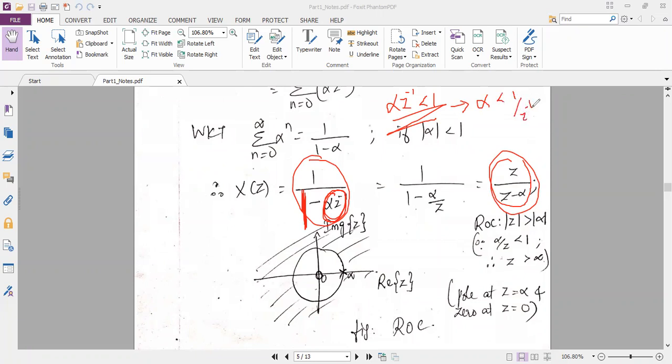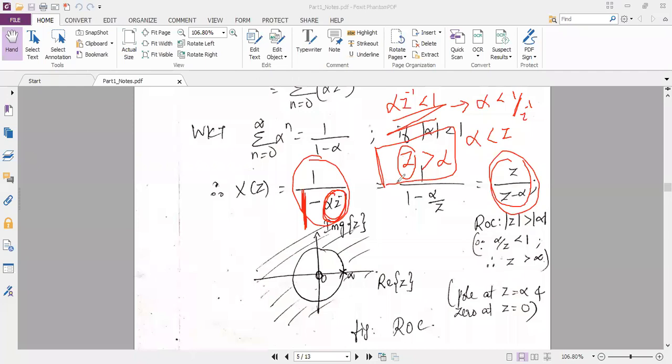That z inverse in the product form will become division form at the right hand side. So now z inverse I can move it up. When I move it up, I will write alpha is less than z. Am I right? Is it right? Yes, ma'am. Okay. So now if alpha is less than z, I want to conclude my condition with z as the first term. So z is greater than alpha. This you have to highlight in the exam. This will identify the region of convergence in the problem.